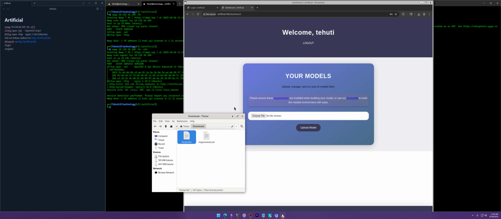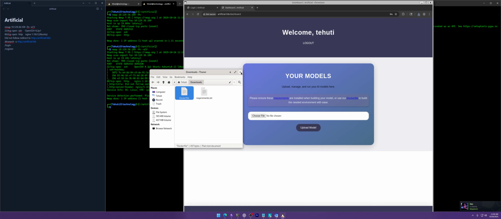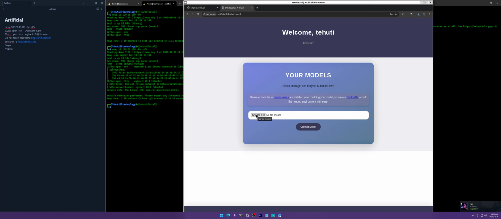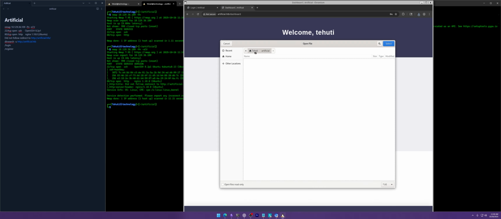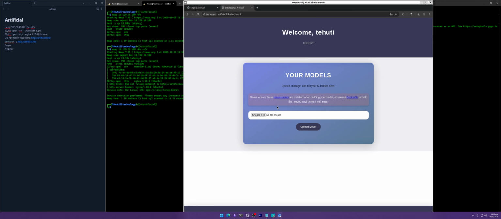I'm going to do this through a Python virtual environment because to me it's more simple. So we'll do it that way. And it looks like you can upload a file here, and it takes a .h5. Okay, so let's see what we